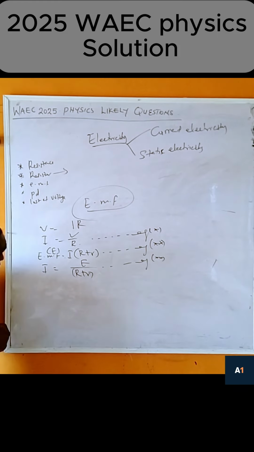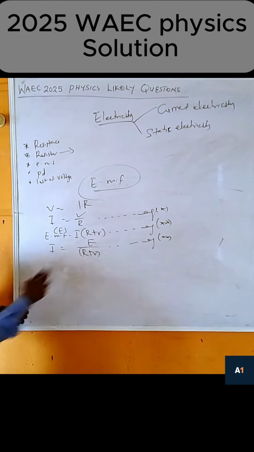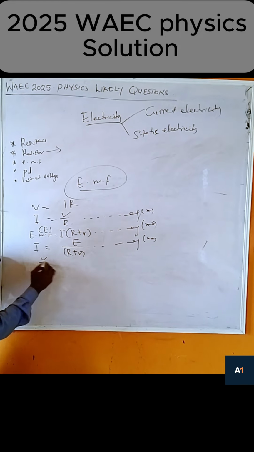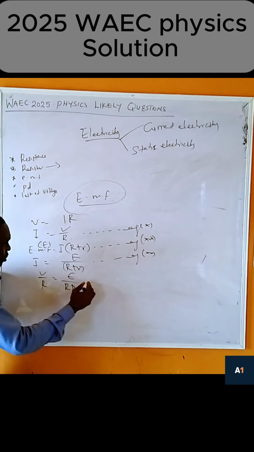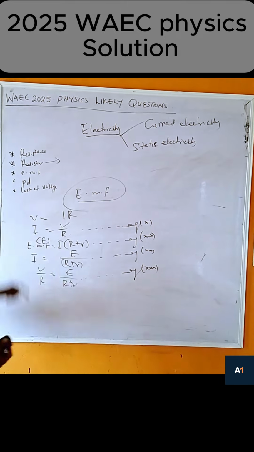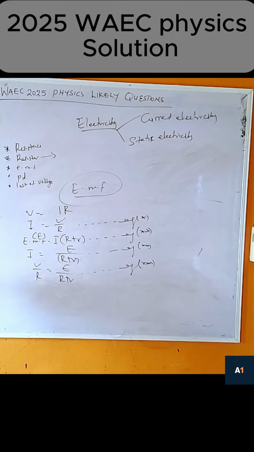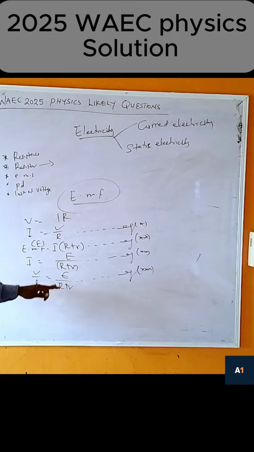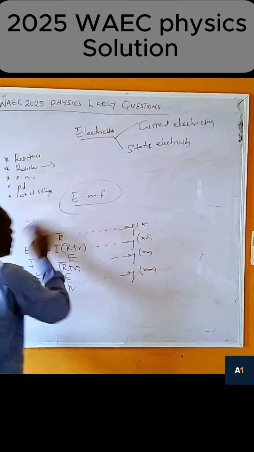Now from here, we can say that I equals V over R, equal to E over R plus r. So we can say equation star. This is I, this is I. We can equate it together, if you remember that very well. So now, after this one, take note of this equation. Now let me clean it, because we are still going to apply this one.